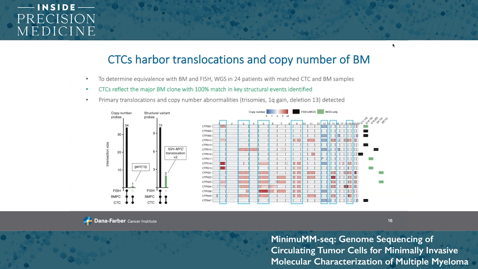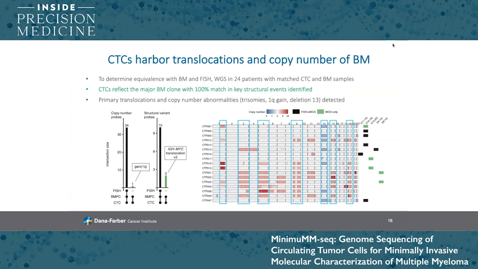Overall comparison of large-scale events across all patients showed that CTCs reflect the major bone marrow clone with 100% match in key structural events that were identified. The plot on the right shows results for each patient. The upper row illustrates results derived from their CTC sample and the bottom from sequencing of their bone marrow